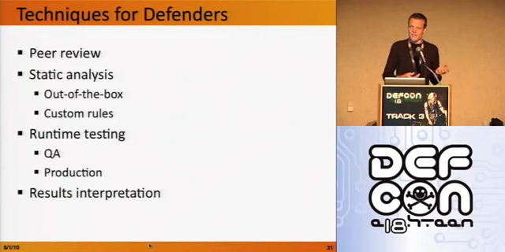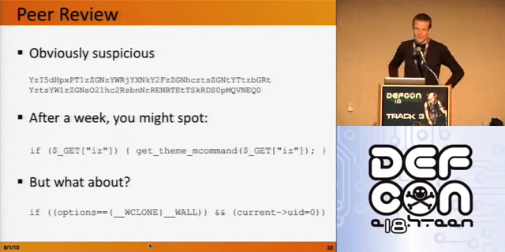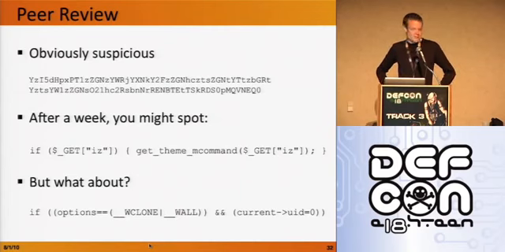A couple of slides on runtime techniques for tracking these down, and then a little bit about how to interpret the results. It takes a little bit of a different mindset when you're looking for an insider as opposed to an accidentally introduced vulnerability. So first off, if you're doing a code review and you see those lines up at the top, you're going to ask, what on earth is that? Why is that in the code? That would look strange no matter what code base it was in.